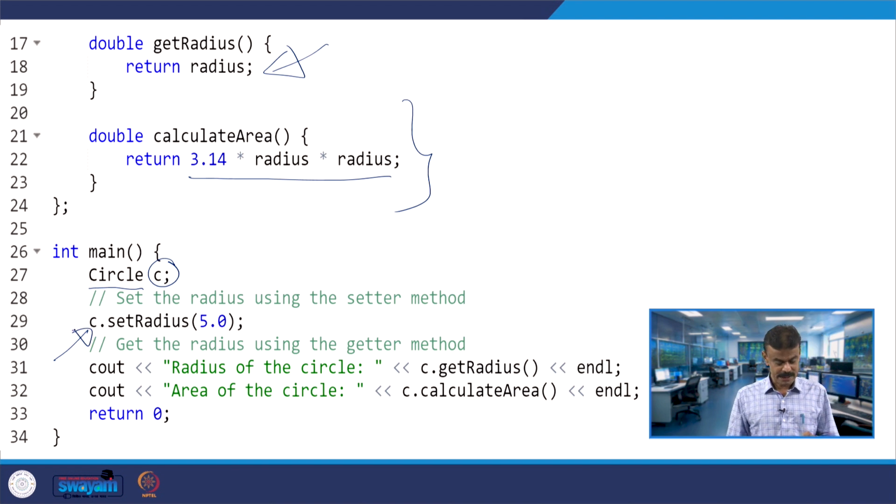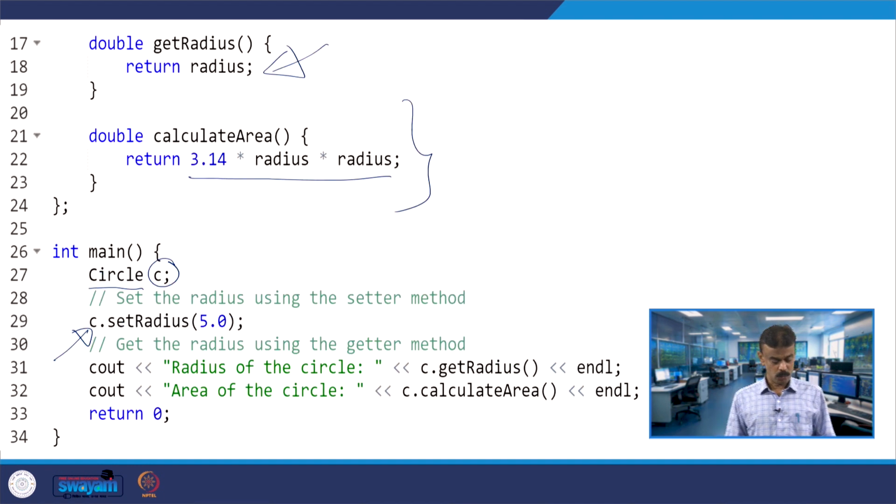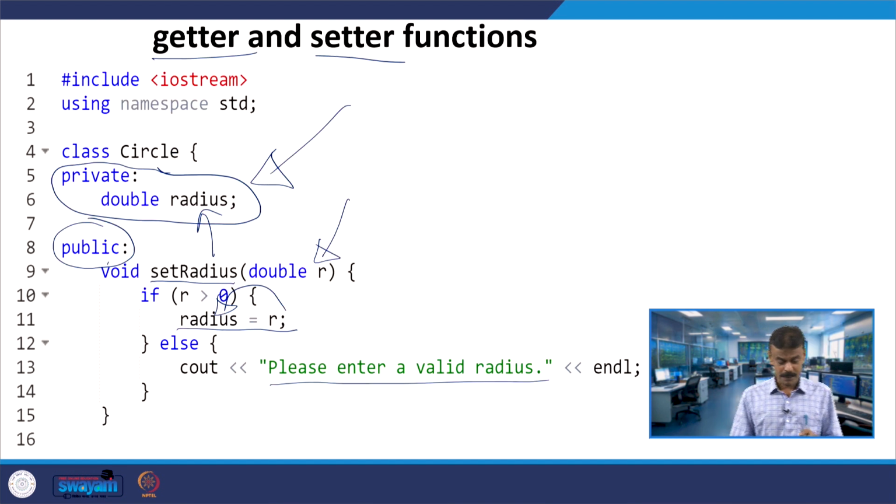Let us see if any constructor is there; I do not think so, so it is the default constructor, no problem. Now C is invoking the setRadius member function, and you are passing 5.0, so your radius now gets 5.0.